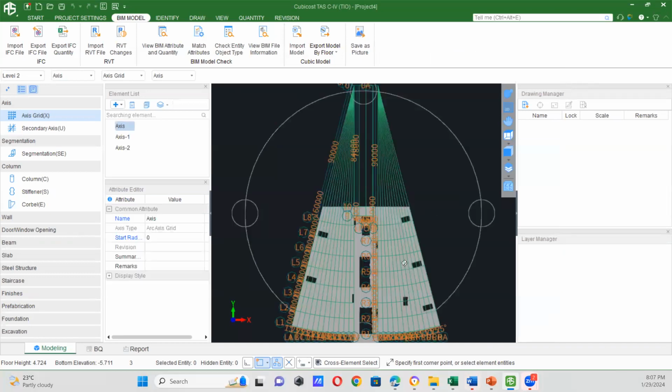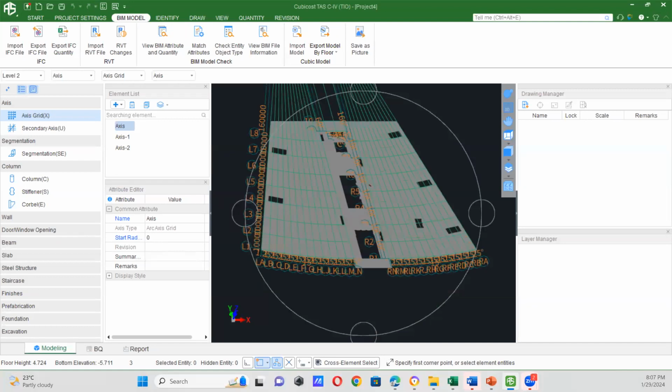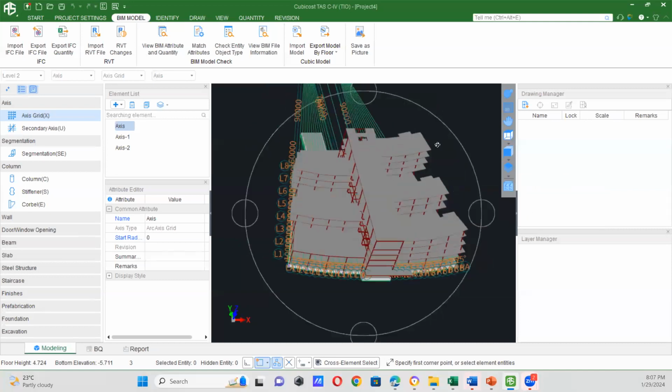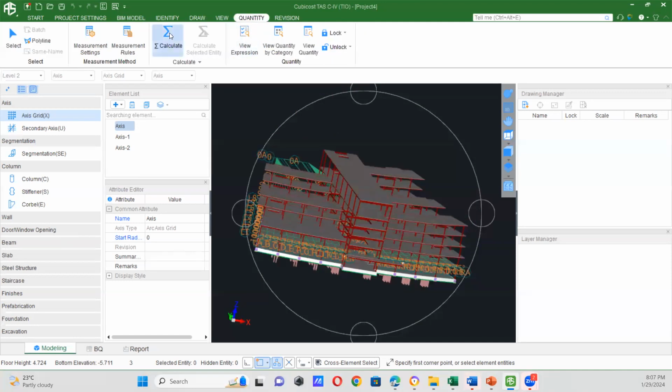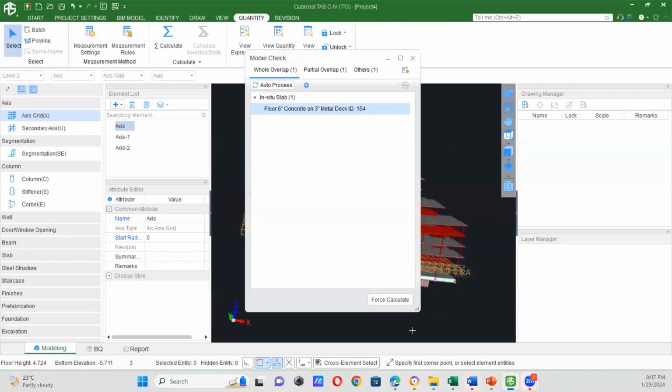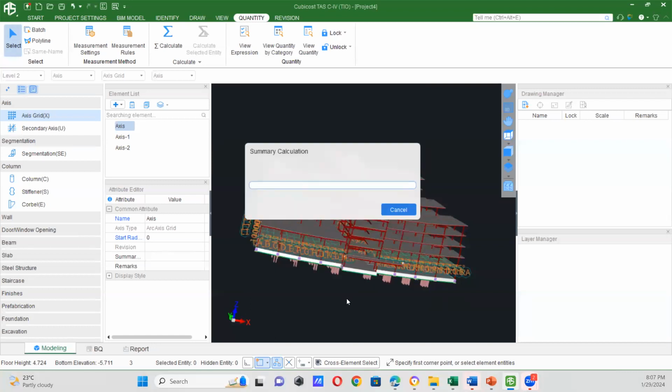Now you can see this is our Revit model. Now time is 8:07. Within 1 minute we have imported the big project into this amazing software. So this is our Revit model. Then I will go to quantity. Then I will quickly click on calculate. Then I will click pause calculate. Then I will click all floors and click OK. All the quantities will be extracted